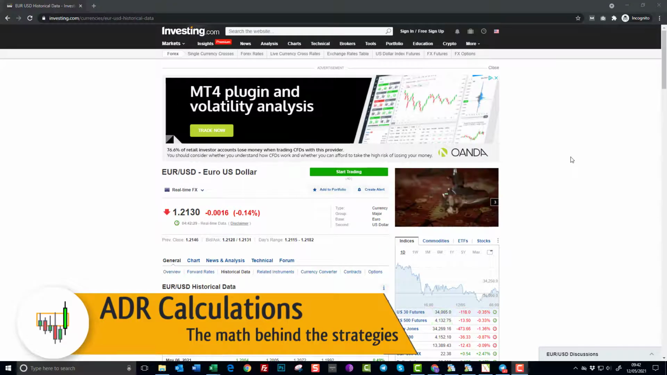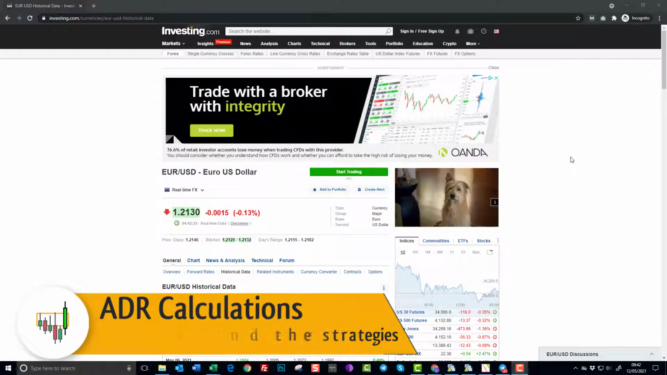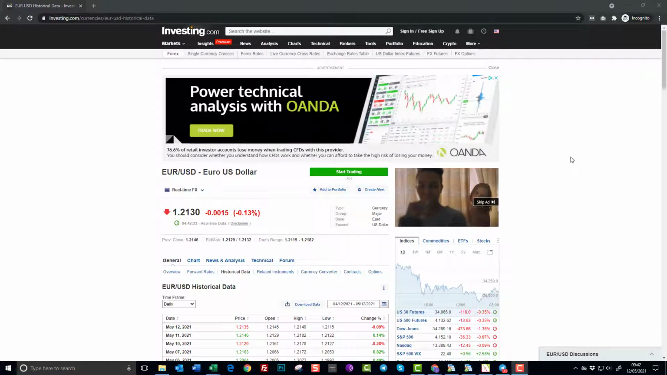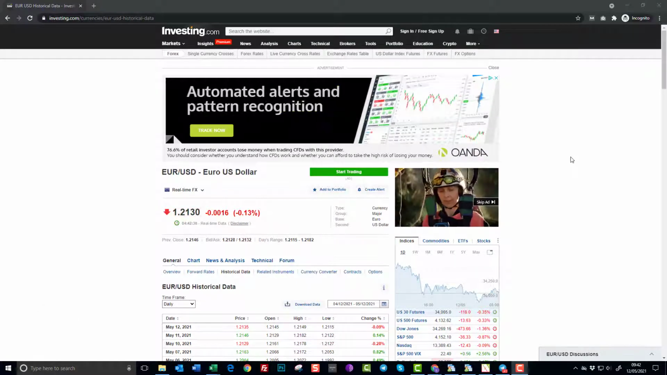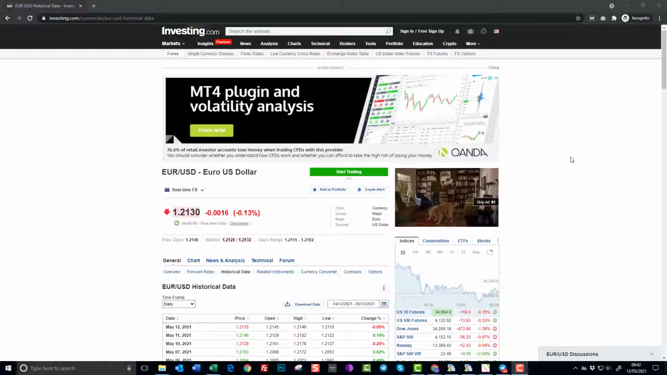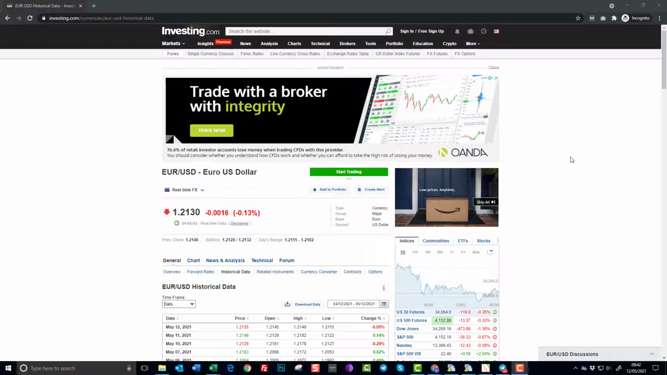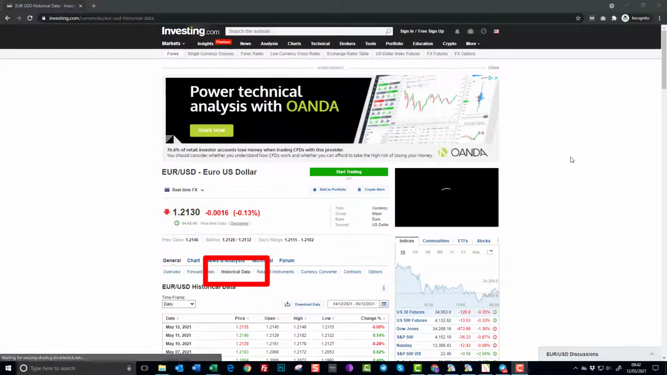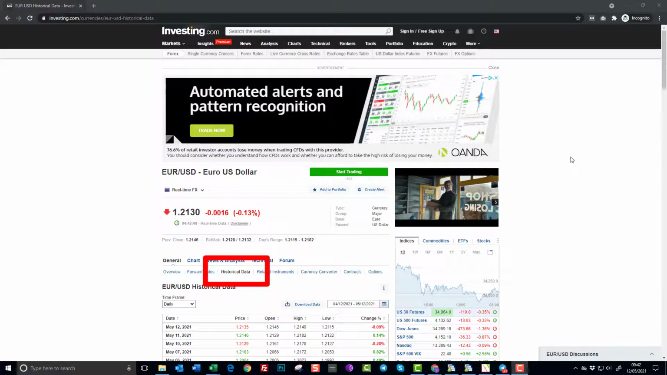So we've got on the chart here Investing.com. Investing.com is basically a website where there is loads and loads of information on stocks, on forex, crypto, anything you want to trade basically. There's lots of information on here. But one particularly useful part of Investing.com's website is that it stores historical data for virtually every instrument that you